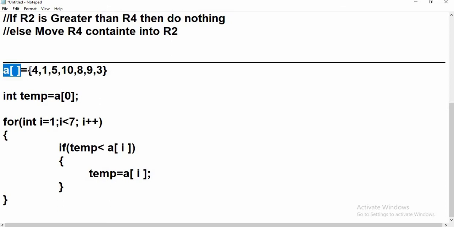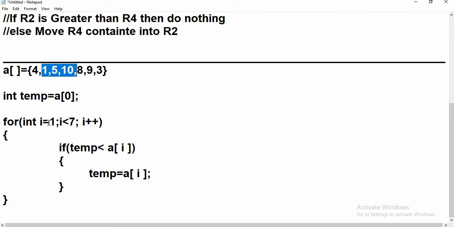So we have an array that has these elements. I have declared a temporary variable temp and I have taken the first value in it, that is A0. Once the first element is taken, we don't have any work with it. We have work with the rest of the elements. There are 7 elements in total. Once we take the first element in the temporary variable, we go on taking the elements after it and compare each with the temporary variable. If it is greater, we save the greater number in the temporary variable.